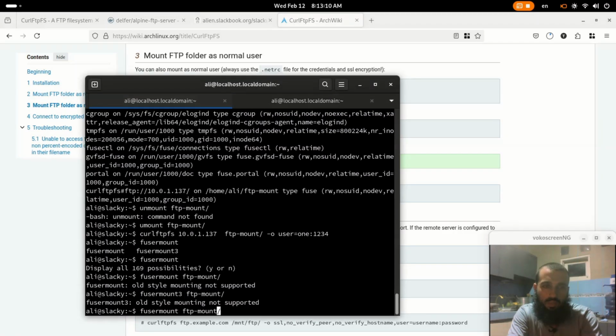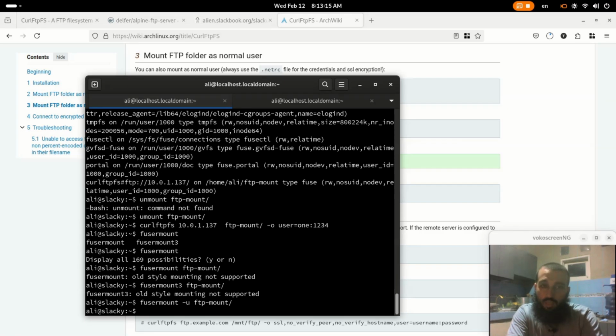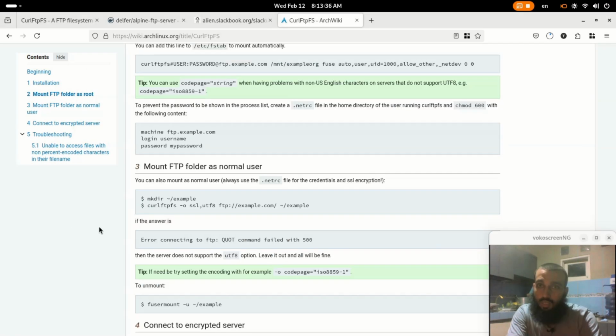Sorry, it should be dash u, forgot it. Alright, so you can use umount and you can use fusermount. You can hide your username and password of your FTP server in case you didn't want anyone to know what they are, simply by making a